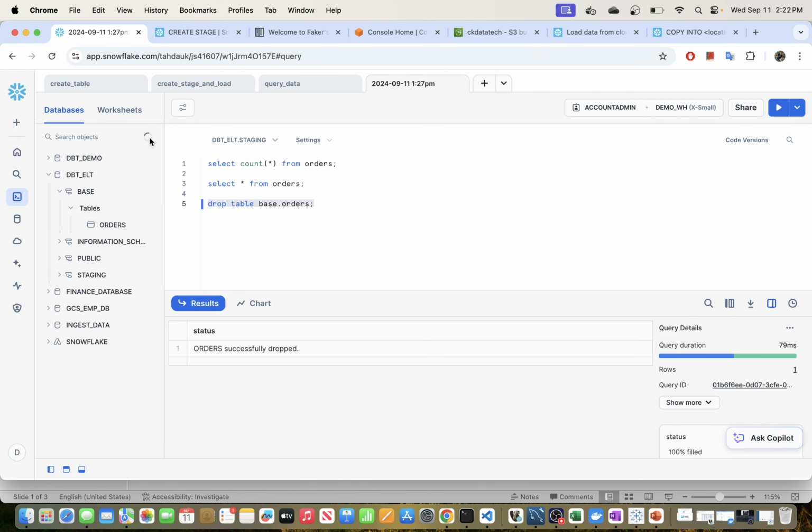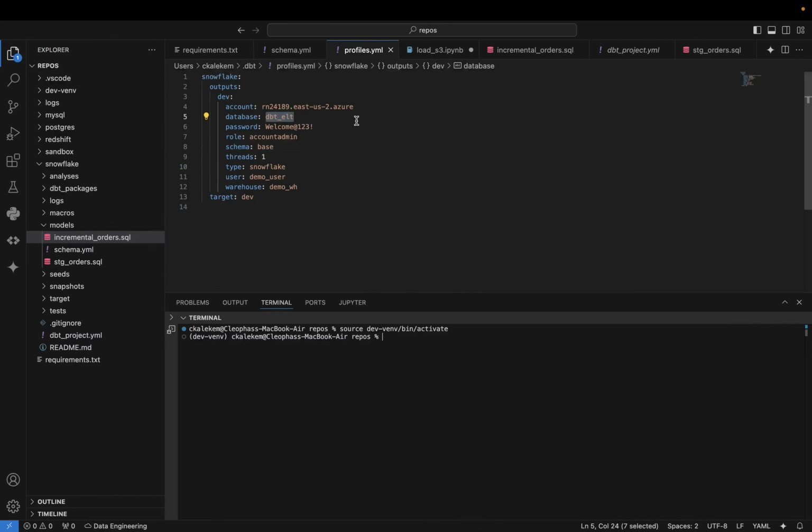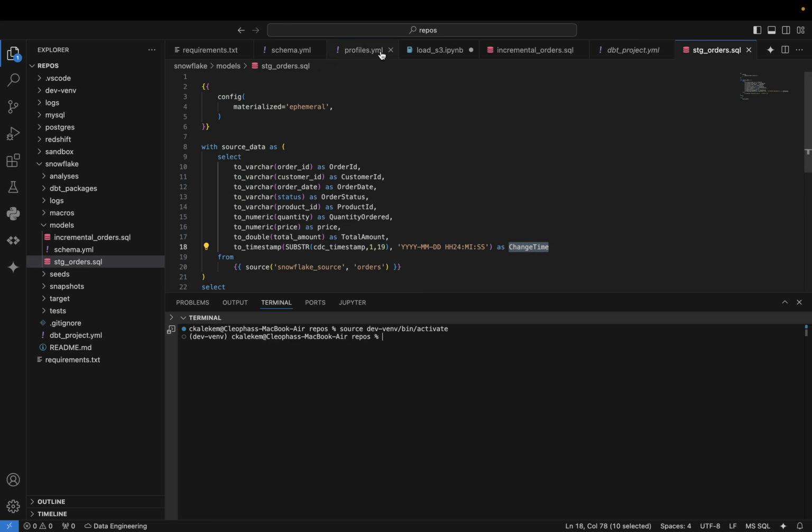All right. So this table is now dropped, and when we run our dbt, this table will be created inside order. So this is where our transformed data will go to. All right. So this order table,